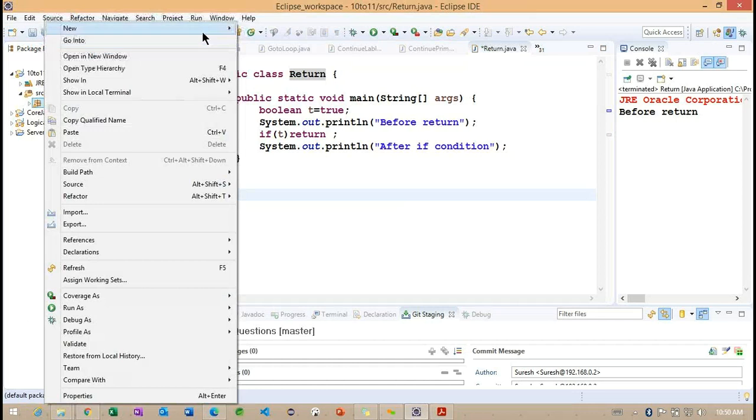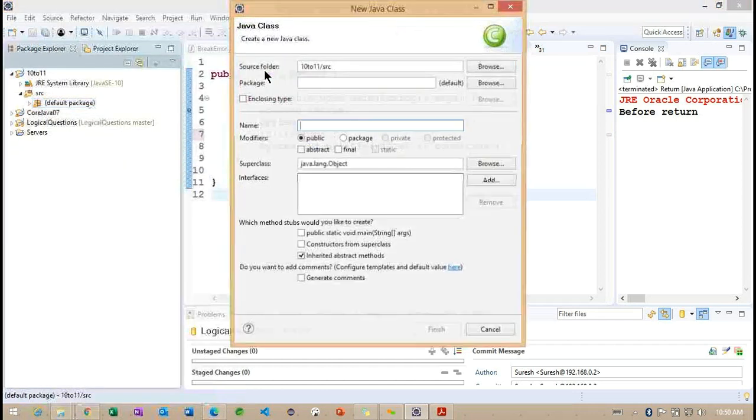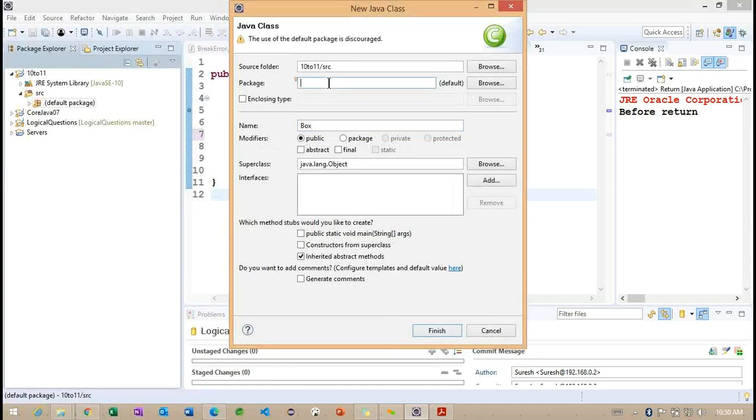So from today onwards, we are going to work with a different package. Today onwards, we are going to work with a different package here. Now you can observe, I want to create one class called Box here. I want to create one class called Box. The package I want to create here is something called